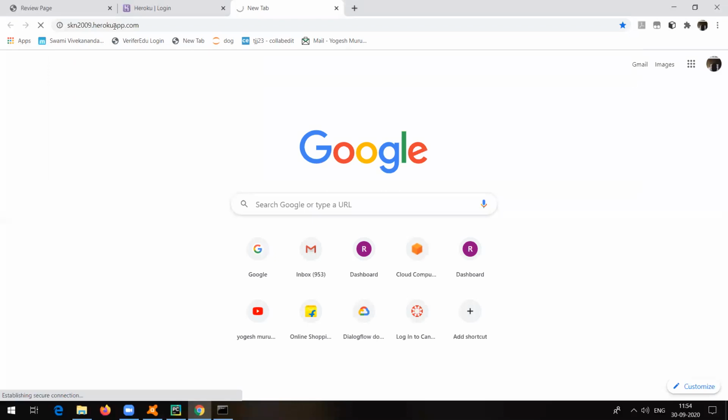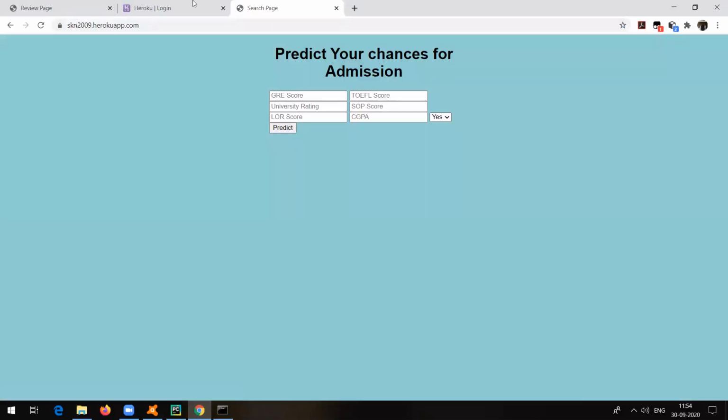Now it should show me the same user interface. See, this is what you can say: now your application is successfully deployed onto cloud. If you want to try, I will copy and paste the same link in the chat box, and you also can click on that link. Just click on it and let me know whether you are able to run the application or not.